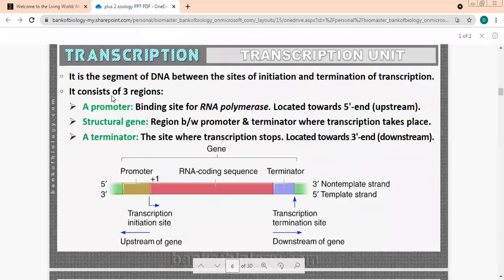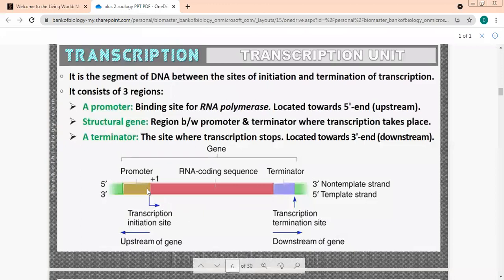Again, a quick recap of what we did on the transcription unit, with the help of figures. A segment of DNA has a promoter, structural gene and terminator. Please see this, beta. See, the template strand and the non-template strand. When I say non-template strand, what do I mean? Coding strand. Yes, very good.